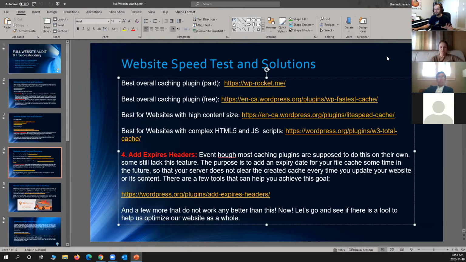Seriously. If you optimize your content properly and set up WP Fastest Cache properly as well, which I will show you in a second, what exactly it means to set it up, you don't need anything else. This free thingy does all the job for you. If you have high content size, then there is an actual plugin for this purpose, LiteSpeed Cache. My favorite plugins are no good for very high content size.